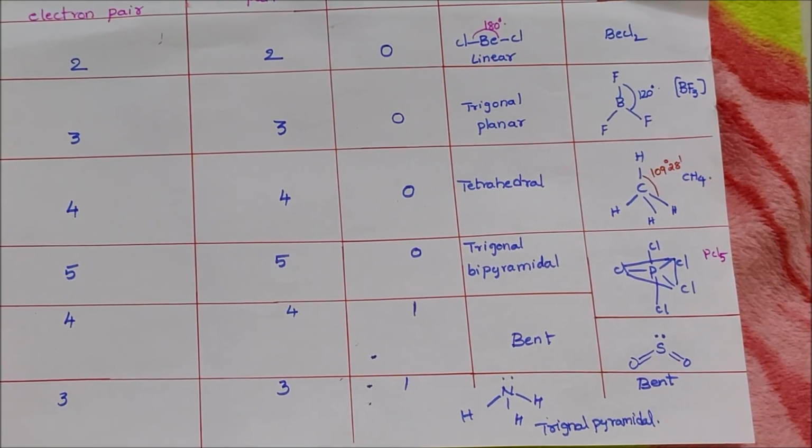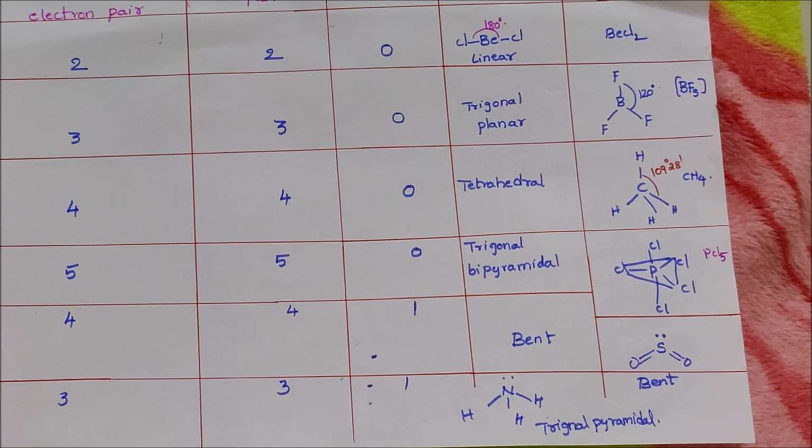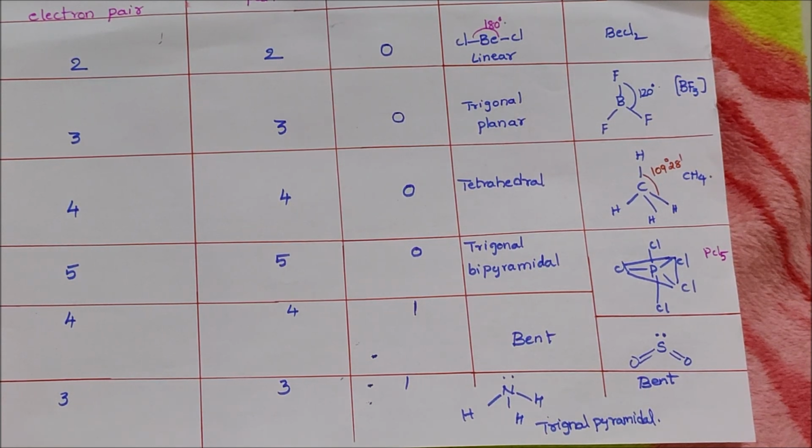And the next one, the valence shell containing 3 electron pairs: 3 are bond pairs and 1 is a lone pair. The ammonia molecule is the best example. The chemical formula of ammonia is NH3. The nitrogen has 1 lone pair of electrons and 3 terminal atoms. The shape would be trigonal bipyramidal, but because of the lone pair and bond pair repulsions, it deviates into a trigonal pyramidal shape.